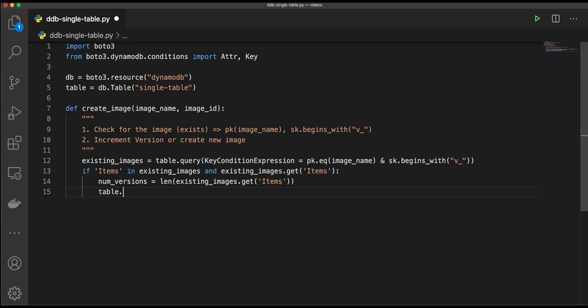So table dot create item. It's going to be item. I'm just going to create the pk and the sk for now. So the pk is going to be image name, and the sk is going to be v underscore,